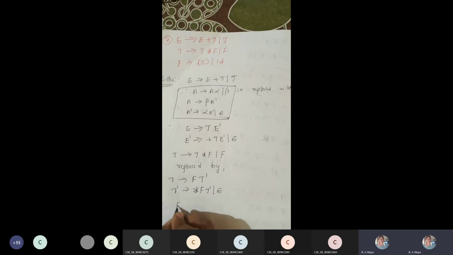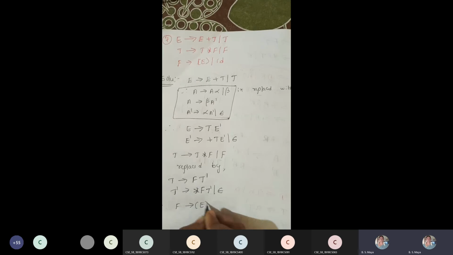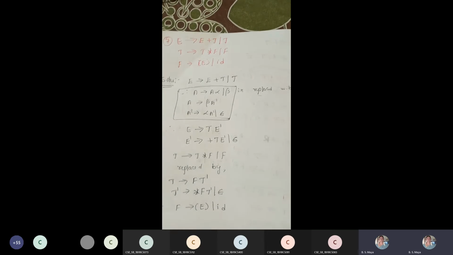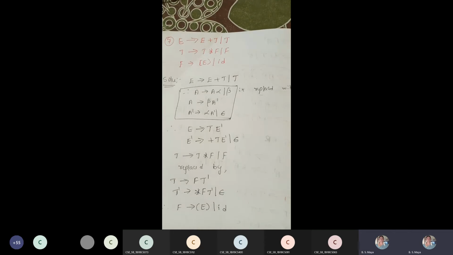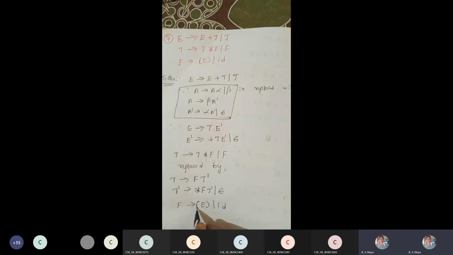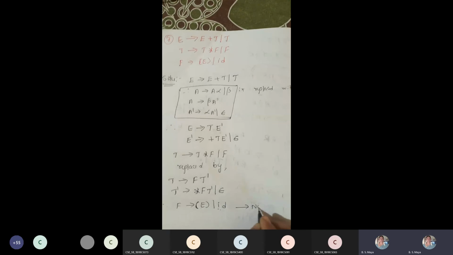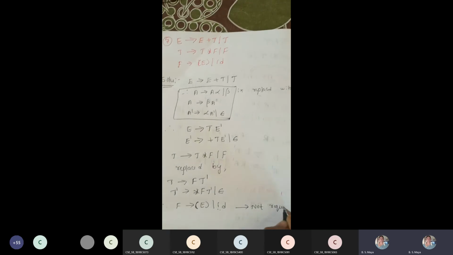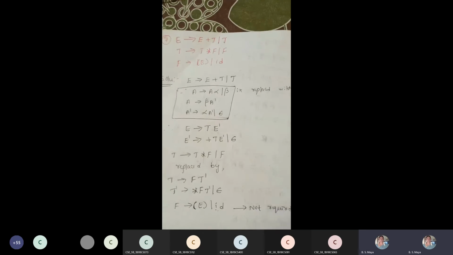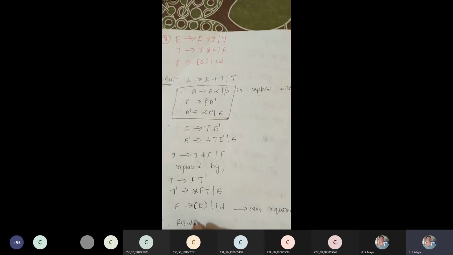Third production: F derives open parenthesis E close parenthesis or ID. Is there left recursion in this third production? No, ma'am. After F, I have a terminal symbol, open parenthesis, and after it there is id, which is also a terminal symbol. So this does not require left recursion removal. Then don't forget the last statement. Therefore,